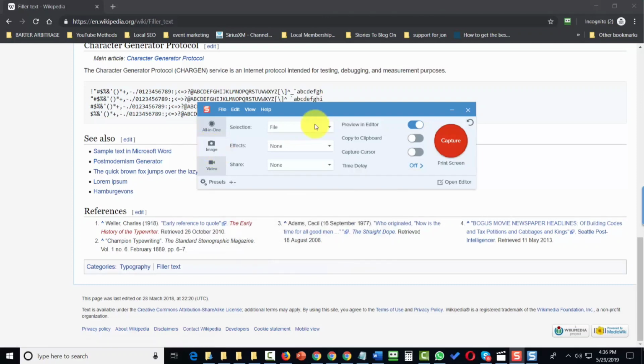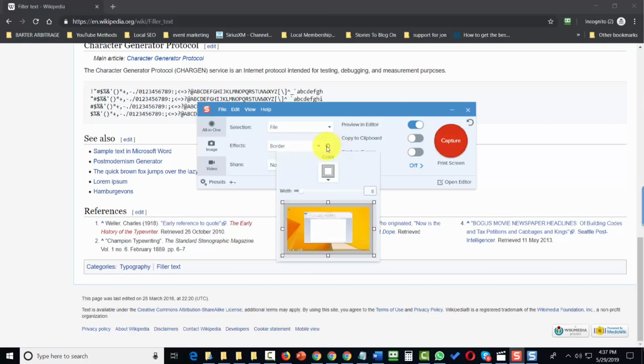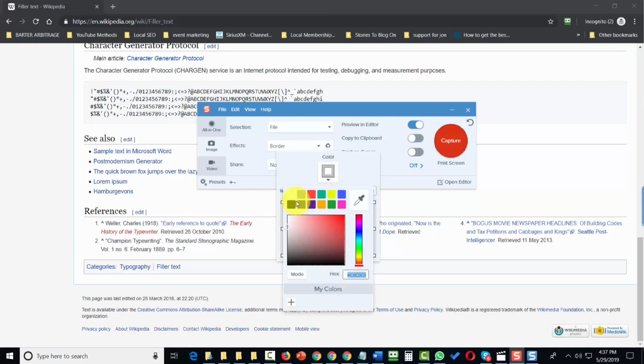Now within the image tab, you will make a specific selection. Now each selection then can have an effect with it. So for example, we can do the file selection, and then we can then capture that file with a specific effect. So for example, let's assume that we're going to capture the file, and we're going to do so with a border. Now once we use that border, we can then click on this settings gear, and then we can do some settings. So for example, we can widen the border, we can change the color of the border,